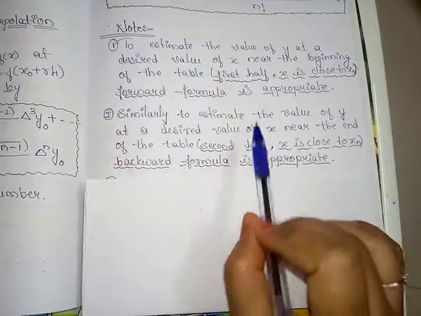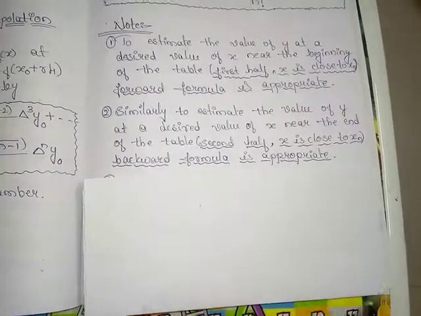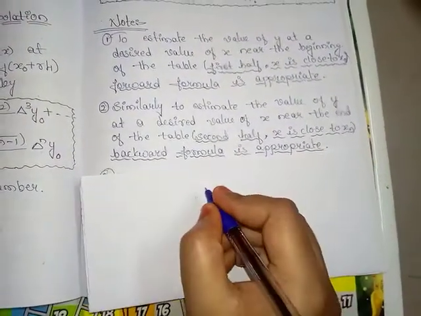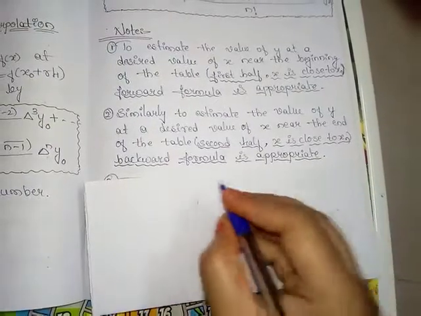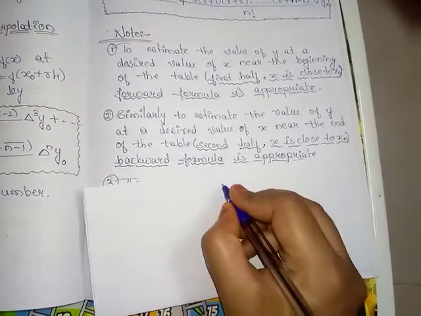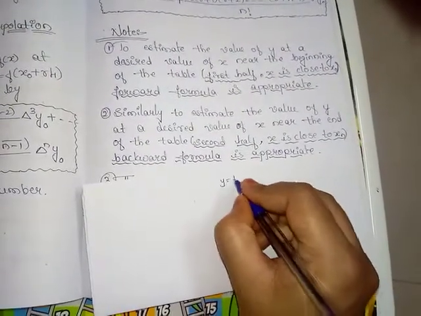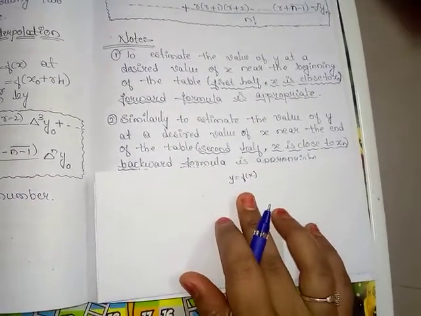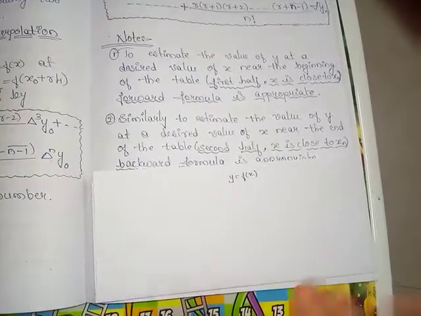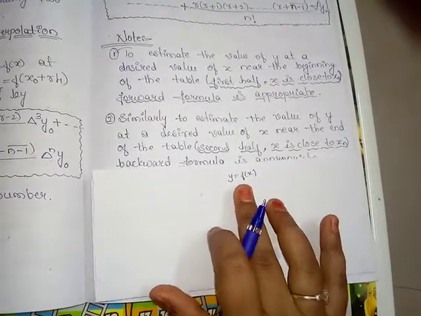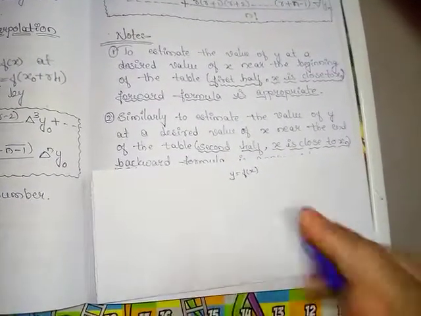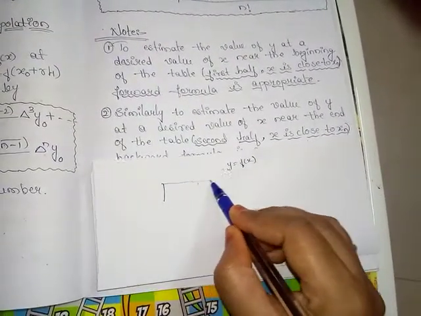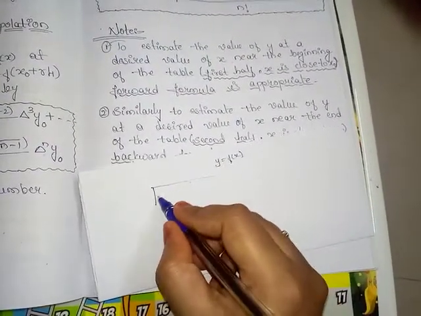To understand these two points, I will give a rough example here. The example pattern is like this. We know that y is equal to f of x is our function, right? This is an unknown function. For any function, our general function is y is equal to f of x. They are directly given. Here it is not necessary to find the value of x and y.